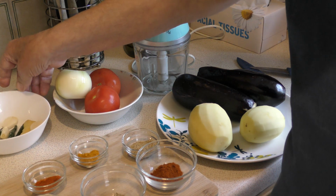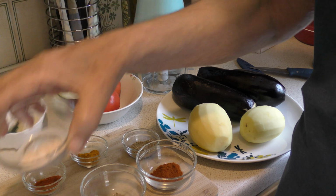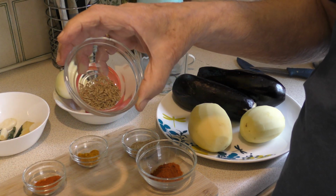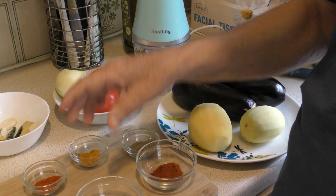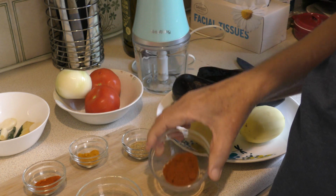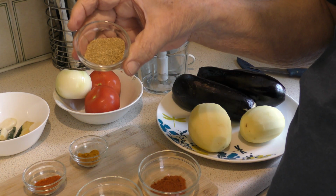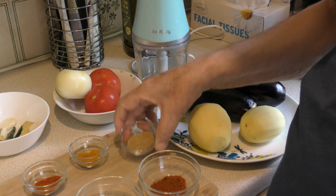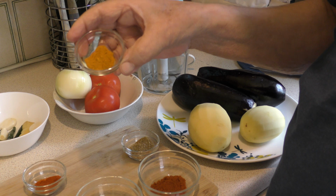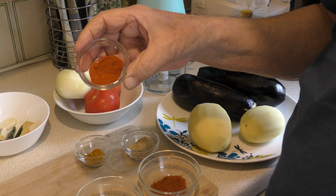Now besides that, in the spices I've got a spoonful of salt, this is Himalayan salt, and a spoonful of cumin seeds, and a spoonful of paprika powder and a spoonful of coriander powder. These are all teaspoons, and half a teaspoon of turmeric powder, and about a teaspoonful of red chili powder, that's